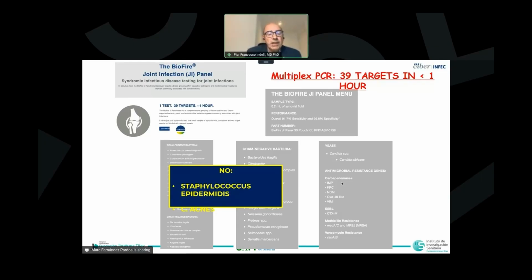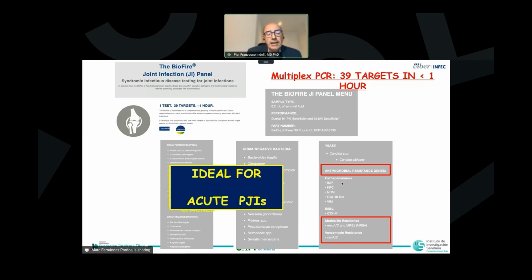For example, there is no Staphylococcus epidermidis and no C. acnes, and this is to maintain high sensitivity and specificity, but we can identify microbiological resistance genes and MRSA. In our hands, and in my hands in particular, this is the ideal molecular diagnostic test for